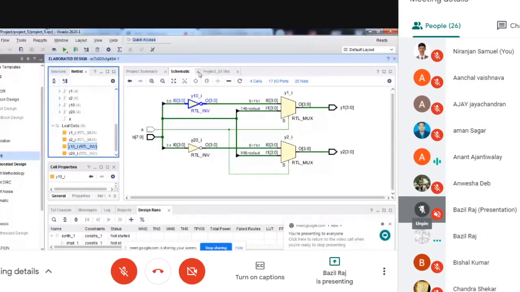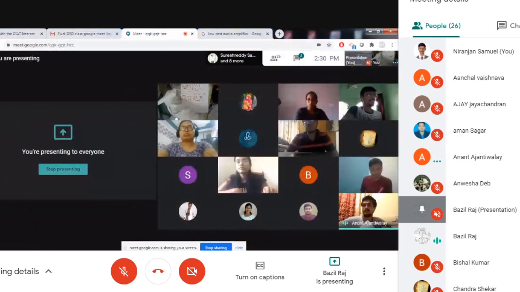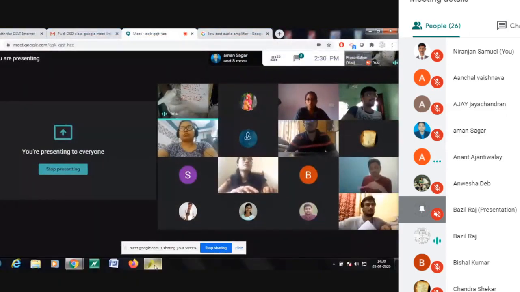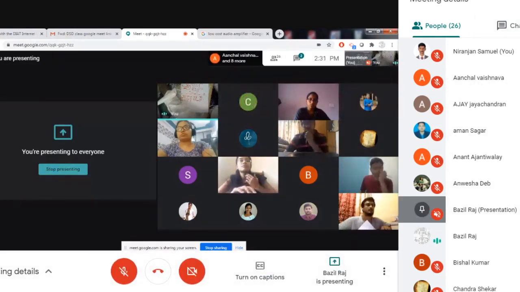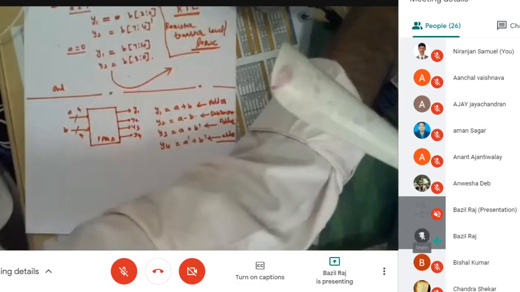So in the same project, or should we make a new one? New project. Or you already copied this one and kept it in the Word file, no? Yes, sir. And then you alter this one itself. Or if you want, save it and open a new project. No problem. Save it as, maybe, lab 1, lab 2, experiment 1, experiment 2.